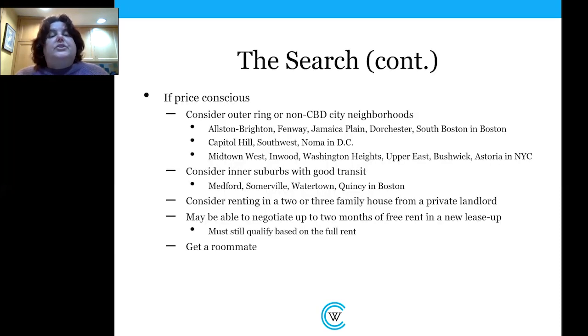If you're price conscious, you should consider outer ring or non-central business district city neighborhoods. So in Boston, for example, that would be neighborhoods like Allston and Brighton, Fenway, Jamaica Plain, Dorchester, or South Boston. If you were in DC, you might want to look in neighborhoods like Capitol Hill, Southwest, NoMa. And if you were in New York, neighborhoods like Midtown West, Inwood, Washington Heights, Upper East, Bushwick, and Astoria are